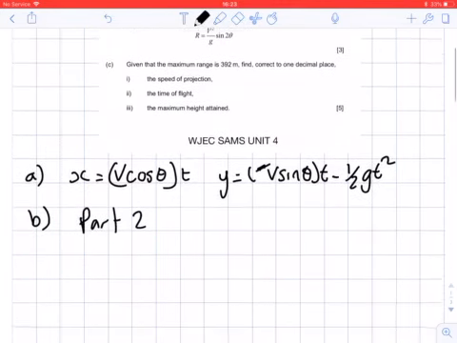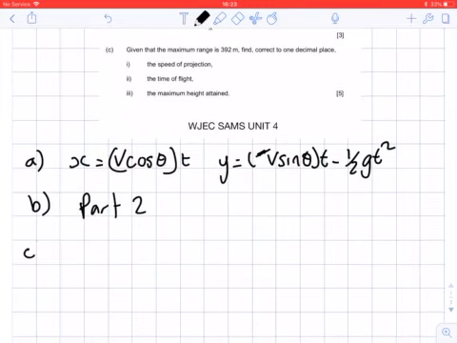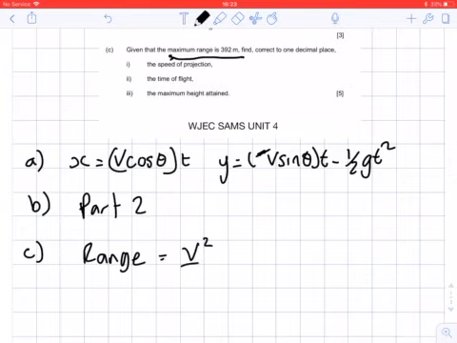So if we move straight on to part C, what we're given there is the maximum range of the particle is 392 meters. Correct to one decimal place, find the speed of projection, the time of flight, and the maximum height attained. Now we've been given the maximum range of the particle, and we know that the range equation is given by u squared over g. Well, in this case it's going to be v squared over g, because the initial projection was given as v,